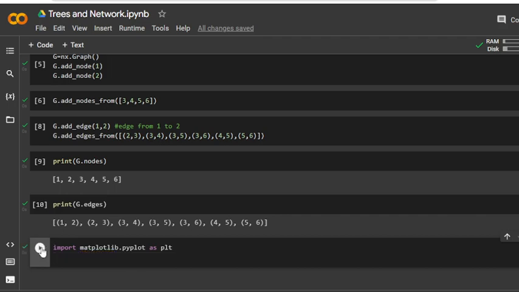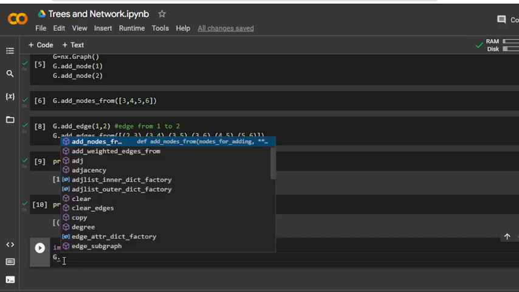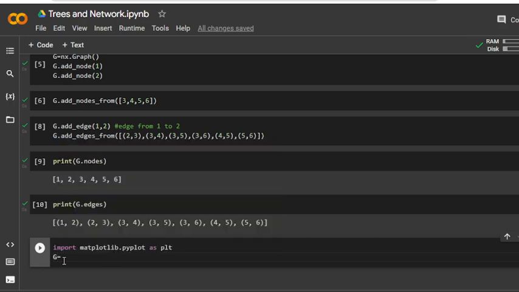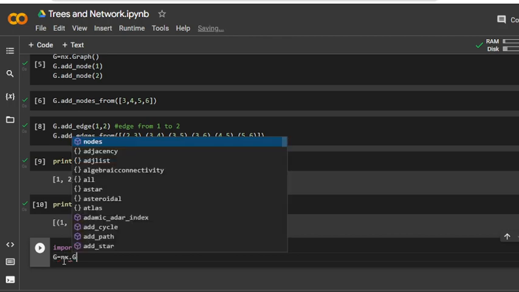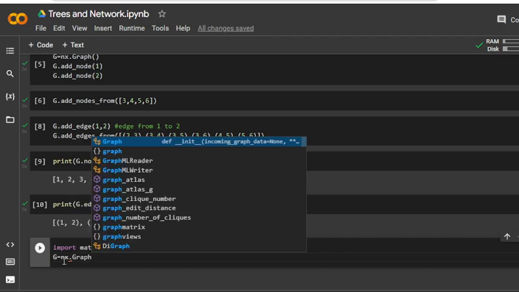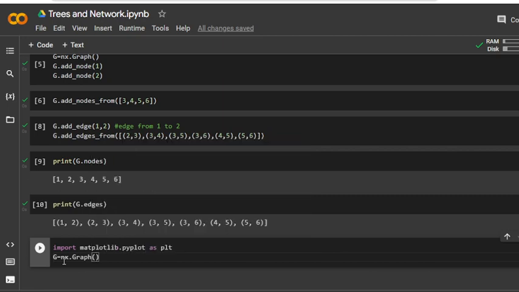So first we create the simple example network I have already plotted. So let's try. G will equal nx.Graph function with parentheses,